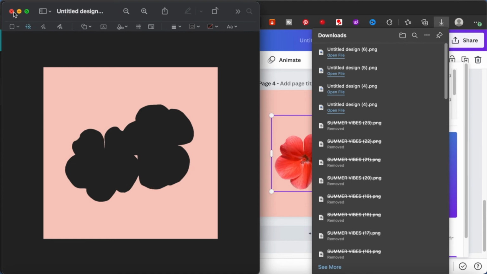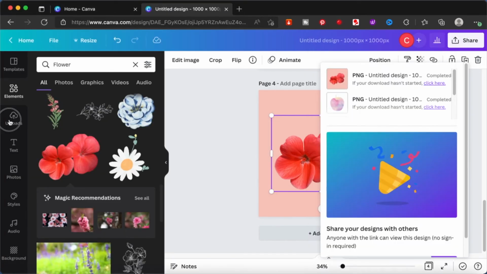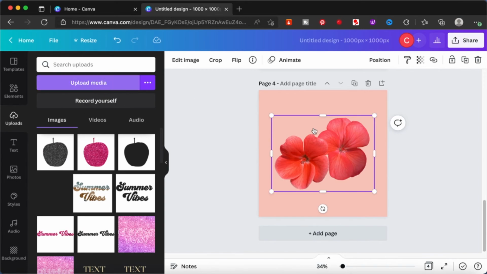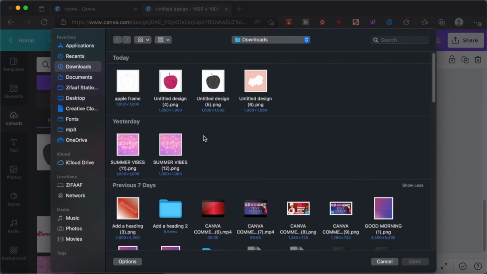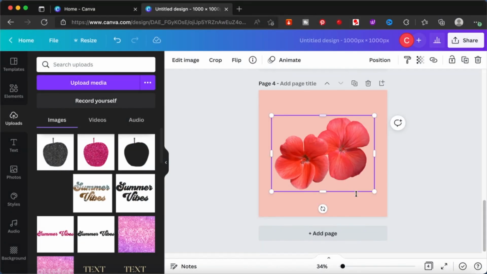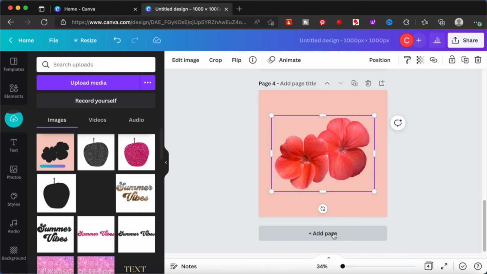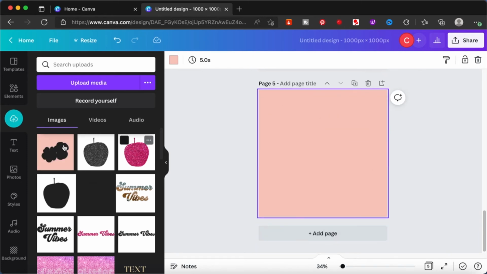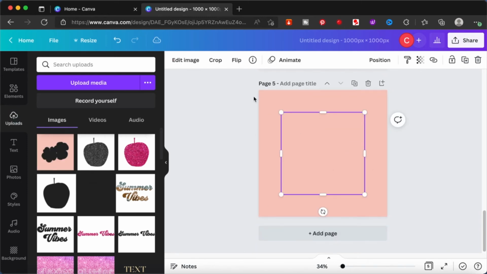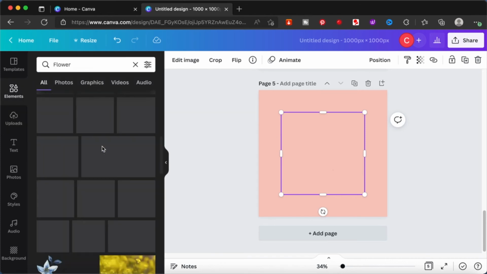Okay, so I'm going to save this and then upload it back into Canva. Once we upload it into Canva, we can apply the background that we want. I'm going to add a page. Okay, this is what we have. Since the background is the same, that's why we are not seeing the effect, and we can just change the color of it. But before we do that, I'm going to go to